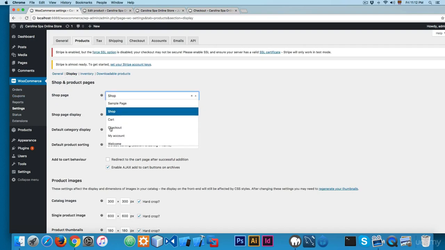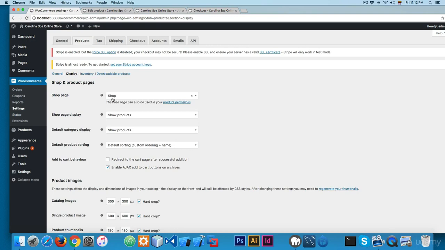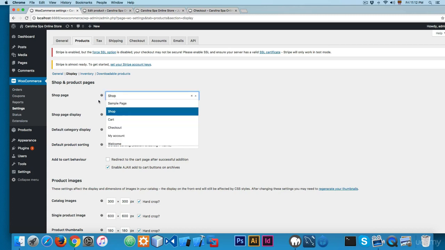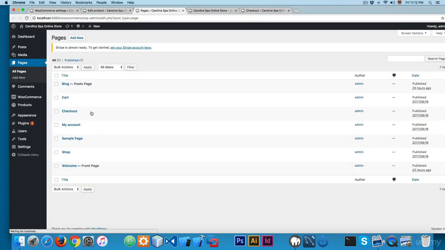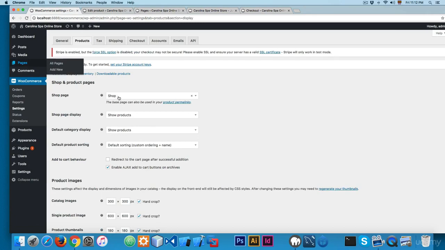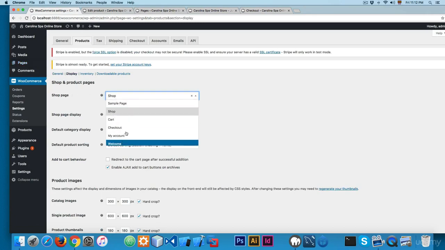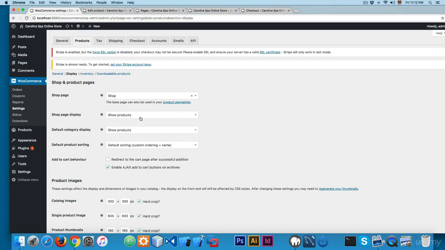So then we have the display, the second option, and you can see, for example, you can change the name of the page for the shop. When you install WooCommerce, it creates 4 different pages, and one of them is a shop page. So for example, you can see we have the sample page right here on the pages. If you want to make changes to the shop page, you can change the page right there.